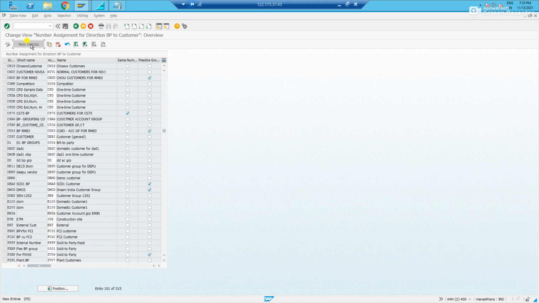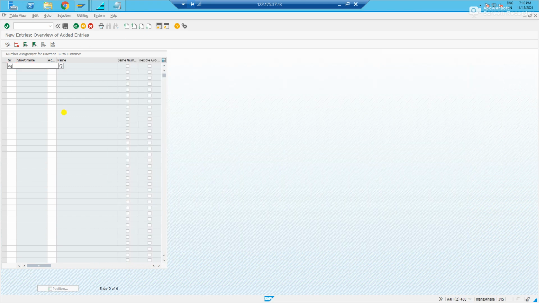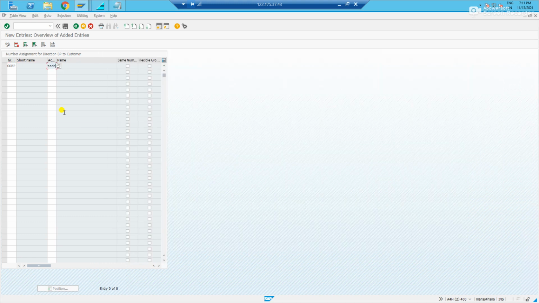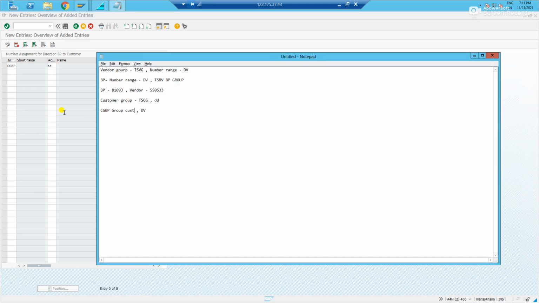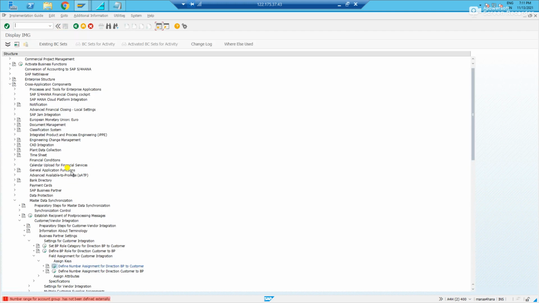It has not saved because of the number range issue. CGBP, which is a BP group, and TSCG, TSCG, yes. Yeah, let us save it now.